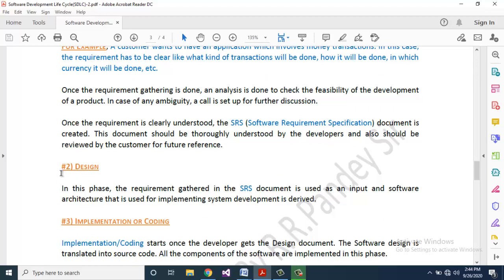Second one is design. In this phase, the requirement gathered in the SRS document is used as an input, and software architecture that is used for implementing system development is derived.